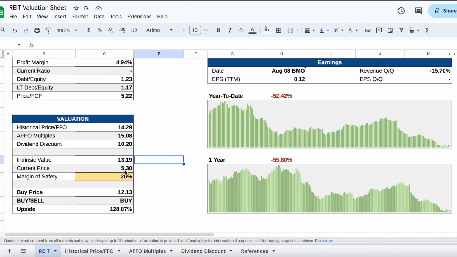And you can obviously see the current price of the company, and in this cell here highlighted in yellow, you can add your own margin of safety. So in this example, I've got a margin of safety of 20%, but you can include your own margin of safety, whether that's 10%, 15%, 30%, that is entirely up to you. And then that populates the buy price. So the buy price for MPW with these valuation assumptions and this margin of safety comes to an intrinsic value or a buy price of 12.13,